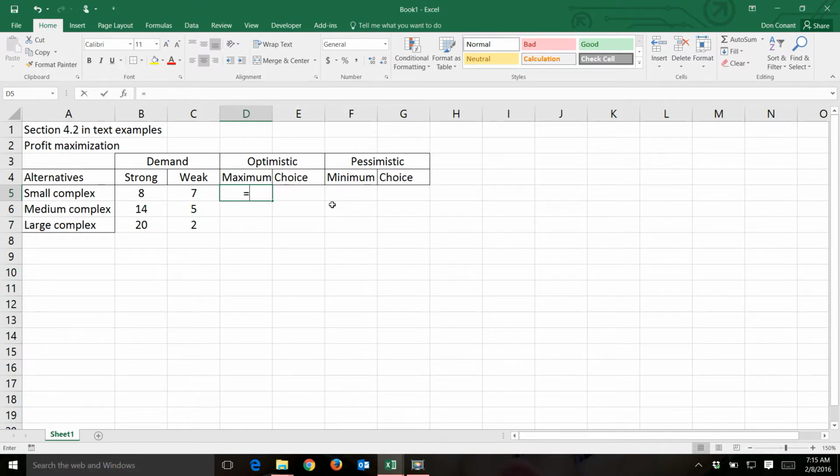So what we want to do is use the max function in Excel and find the maximum of the states of nature given a small complex. And because we used our absolute and relative cell references correctly, we can just copy that down. You can see we have the maximum of each one. 20 is the maximum of the maximums. However,